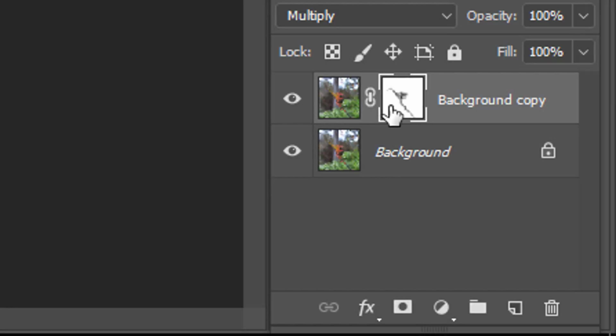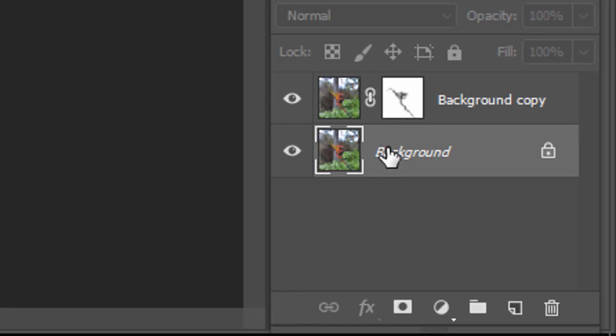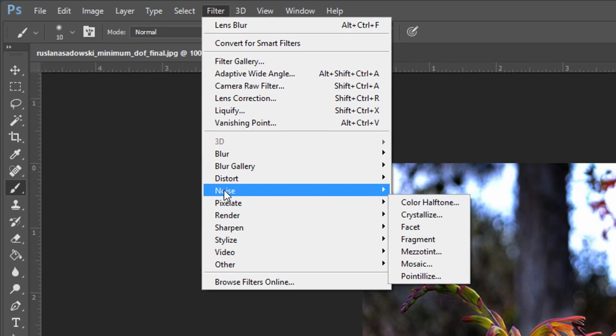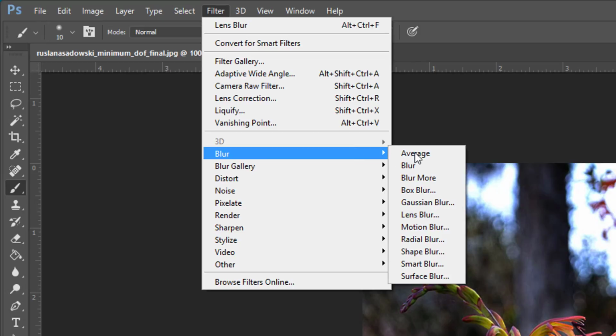In order to work on this layer, we need to click here. Watch these frames. The frame has gone away. Now, if I just come back here on the layer, the frame doesn't reappear unless I clicked in the box. So now I can work on this layer just like a normal layer. So I can come to the filter, pick up my blur, lens blur,